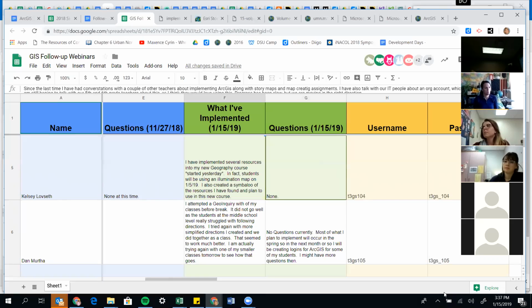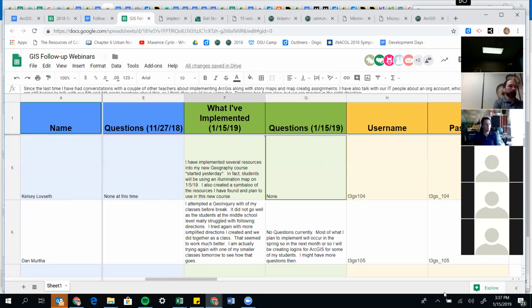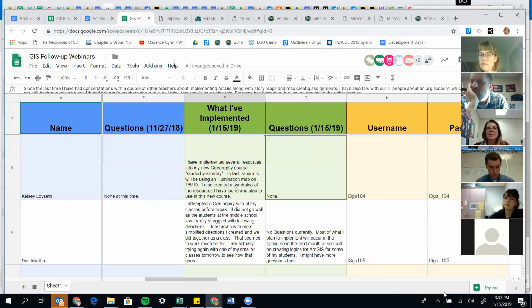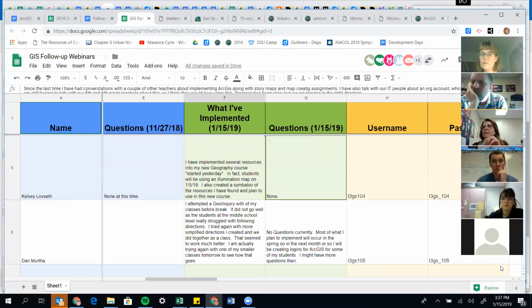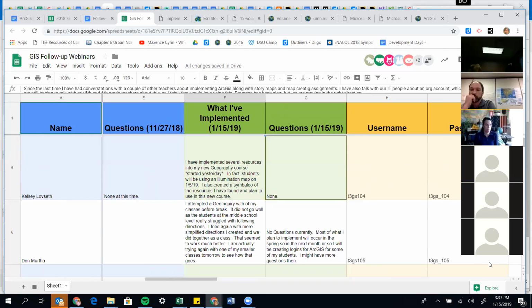Are you going to try to do the map contest with them then? Probably not at this point. So I'm teaching geography, but I don't have a textbook. And so I'm utilizing these resources as kind of a supplement to the text. And so that's why I've dug so much into the story maps, because they can provide a lot of content without having that book. Or a resource that every kid has access to that steps out a little bit further into application than just general content.